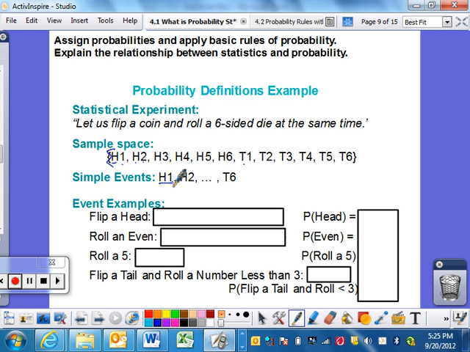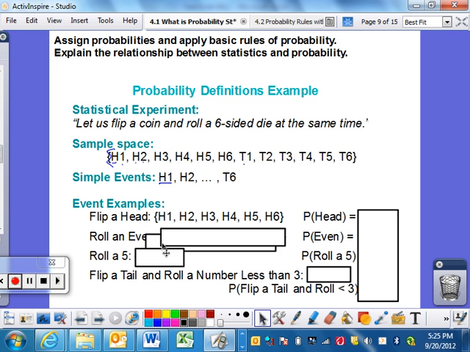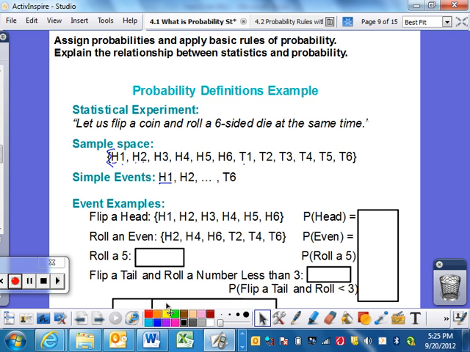Event examples. So what would be an event? Maybe I want to know what's the probability of flipping a head. What are my options? Okay, one of the events could be head 1, head 2, all the way through head 6, and rolling a 6. An event example of rolling an even number, listing them out. Rolling a 5, listing them out. Flipping a tail,